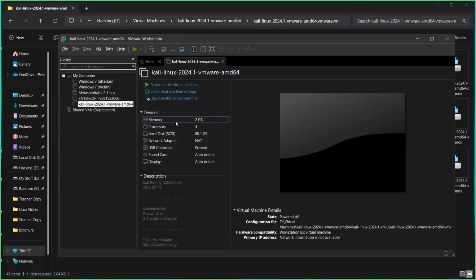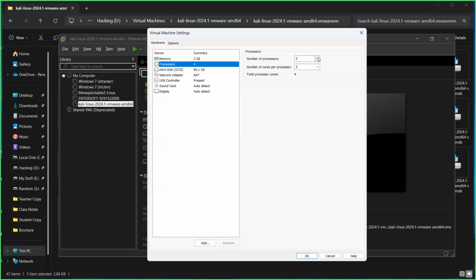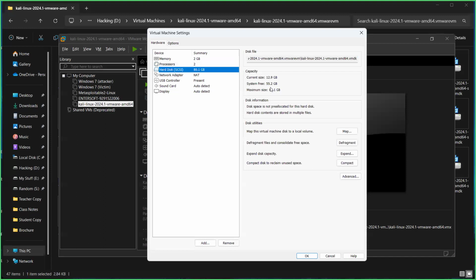Now that is going to ask you how much RAM you want to allocate. Recommended is 2 gigabytes. So just click on 2 gigabytes here. Processors, one processor. Every system usually has only one processor, and you can assign the number of cores as 1 or 2. That's your choice. No harm in that. Hard disk, as mentioned, by default it takes the size of 80 gigabytes. It doesn't occupy the entire 80 gigabytes right now. Right now it's only occupying 13 gigs, as you can see, 12.9, and it can go up to a maximum size of 80 gigabytes. By the end of this course as well, you will not be exceeding more than 20 gigabytes for Kali specifically.